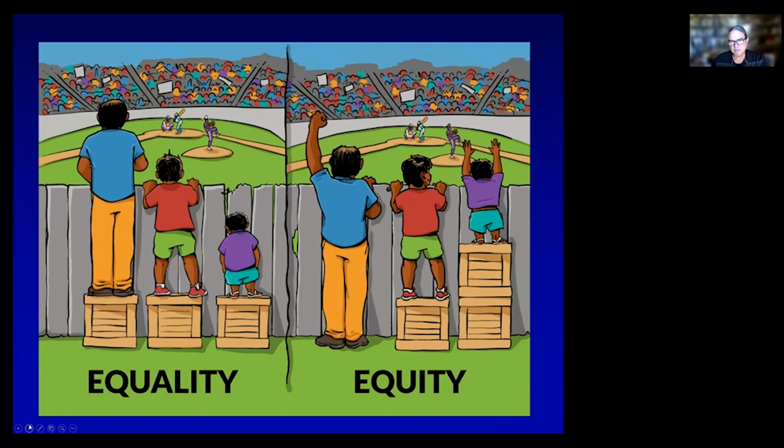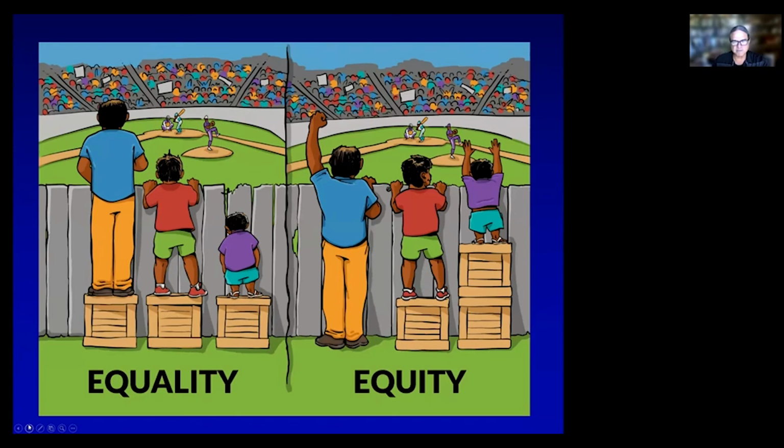But we have to recognize that populations are different. And from an equity lens, what we really need is to ensure that we have the flexibility in our policies and our programs around data to ensure that we're meeting the needs of diverse populations. I like this imagery, and with equality, you can see on the left, the guy on the far left didn't need that package of services. It's serving the one in the middle pretty well, but the guy on the right is still underserved. Whereas in equity, we're looking at outcomes and recognizing that we might need diversity of our policies and procedures and diversity of our approaches to meet the needs of diverse populations.